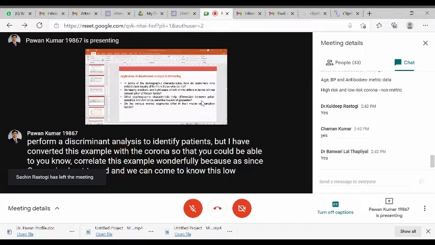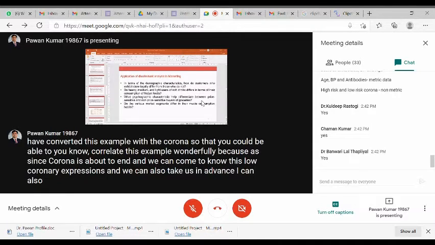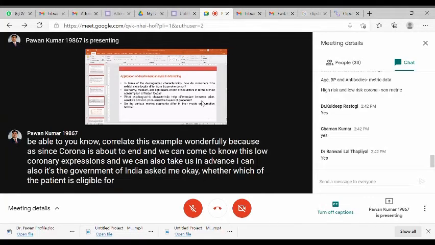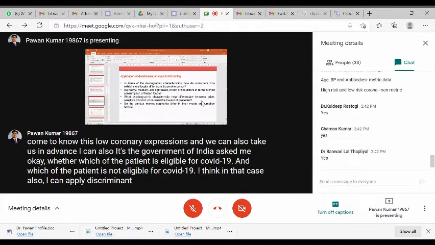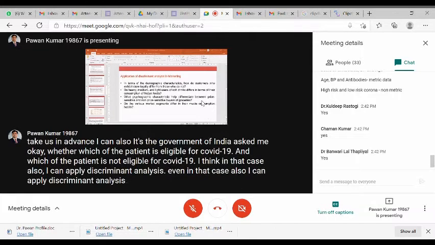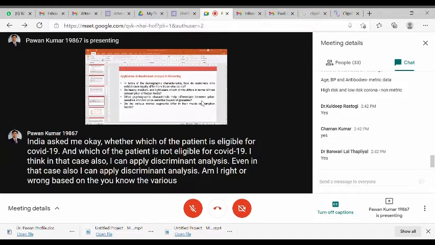And say the government of India asked me which of the patients is eligible for the COVID vaccine and which is not eligible. I think in that case also, I can apply a discriminant analysis. Am I right or wrong? Based on the various parameters.